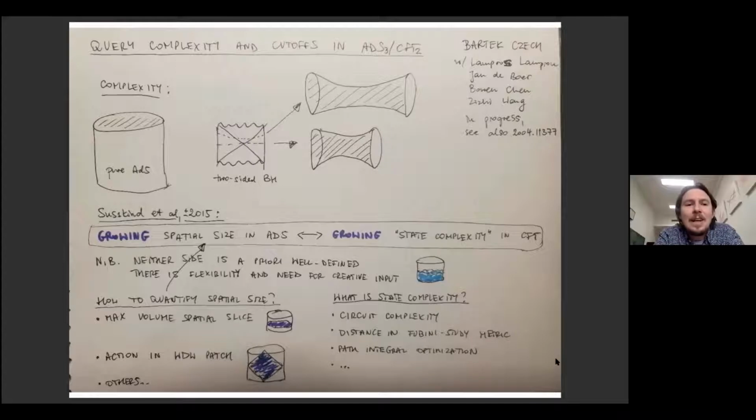So I think that most people will probably be familiar with the subject of complexity. So I don't need to spend a lot of time motivating complexity, but just a brief reminder. We often talk about spatial sizes in the ADS/CFT correspondence. And a prime example is if I have a black hole, which I look at spatial slices of that black hole at various times, then I find that they grow.